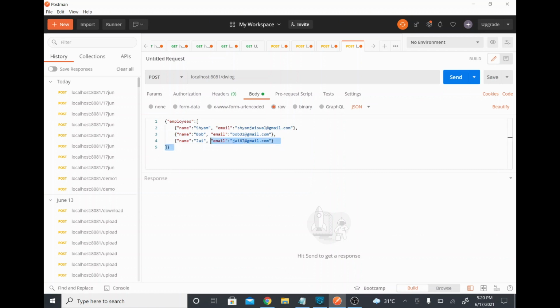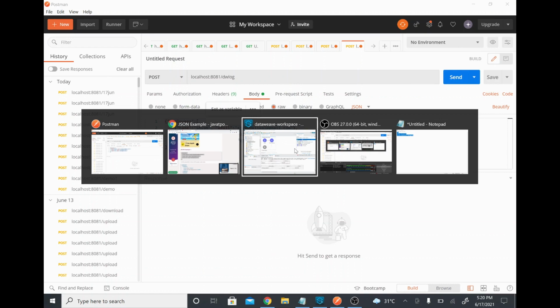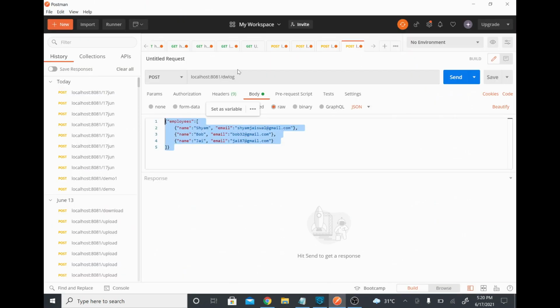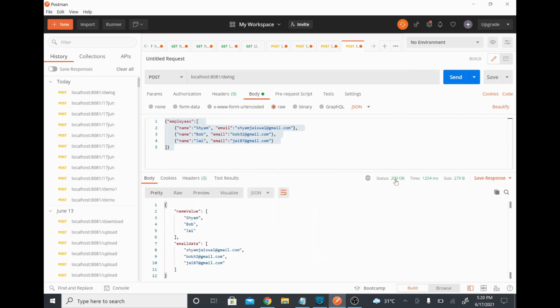Then if you see the body, it will be in a proper JSON format, instead of earlier when it was in a text format. From here also you can select the content type. We have given it via the header, but you can select it here as well. Now if I post this data, it will come in our log as well. It's deployed already, so I'm going to run this one. When our application receives the request, it will give 200. So it's giving 200, and this is the original data, which has employees, an array, and in that array we have 3 objects.